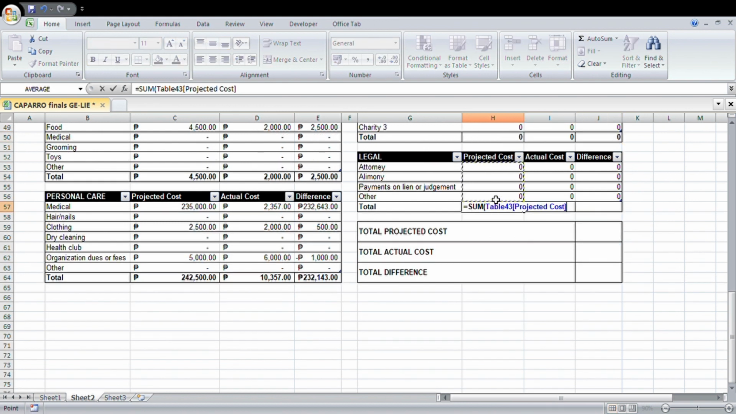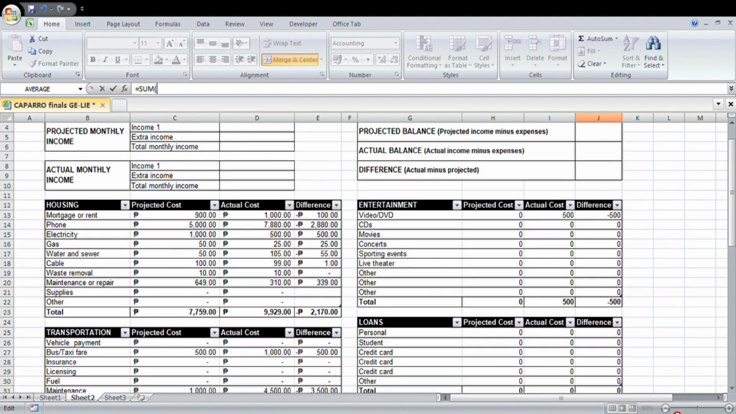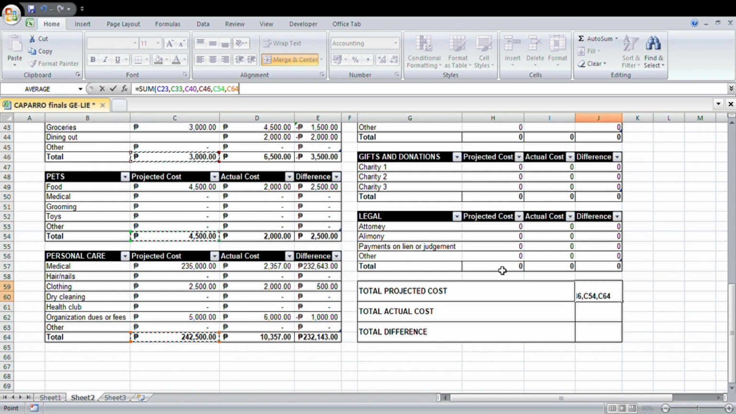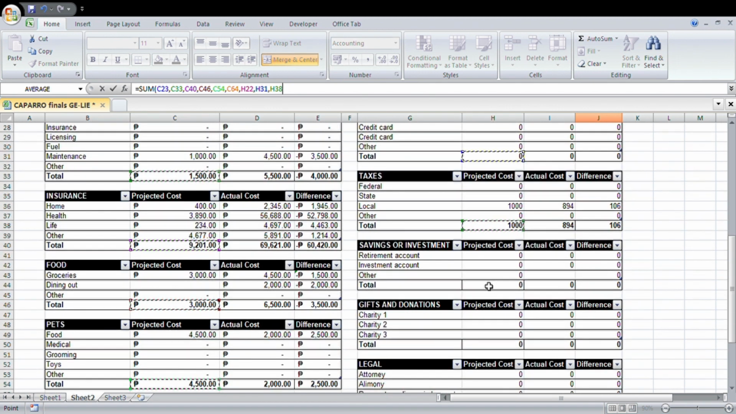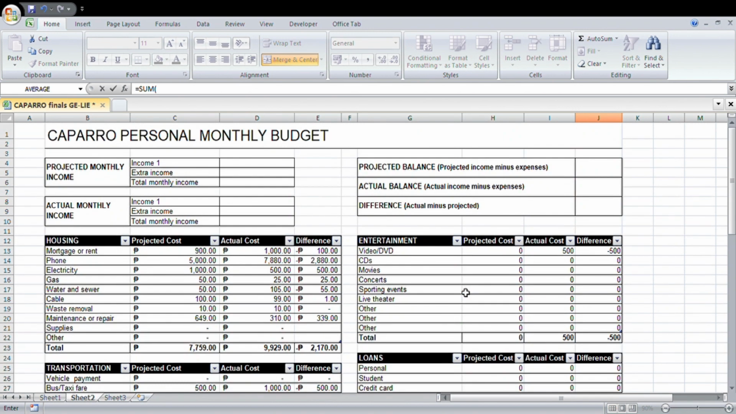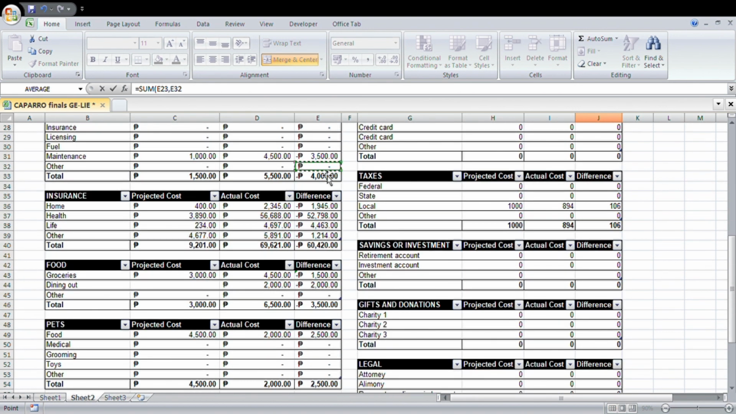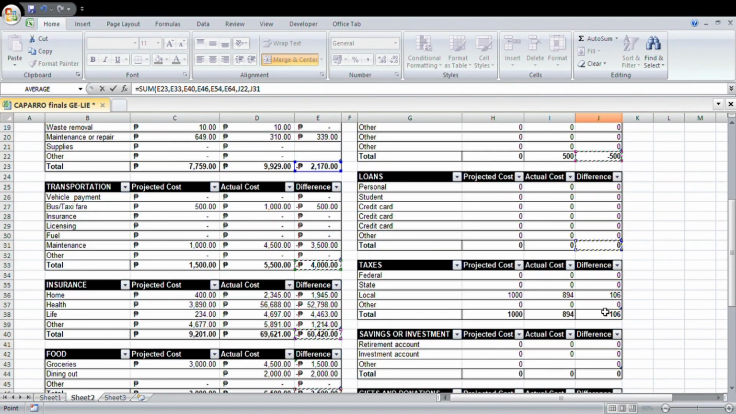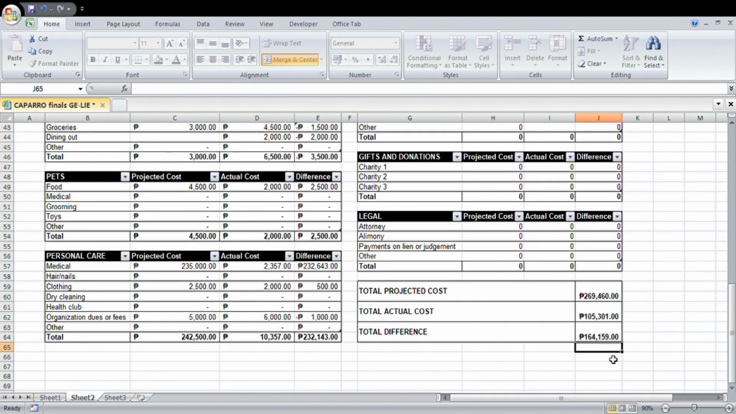typing again and again. To get the total projected cost, equals sum, parenthesis, click all cells with the total projected cost, parenthesis, and enter. To get the total actual cost, equals sum, parenthesis, click all cells with the total actual cost, parenthesis, and enter. And to get the total difference, equals sum, parenthesis, click all cells with total difference, parenthesis,